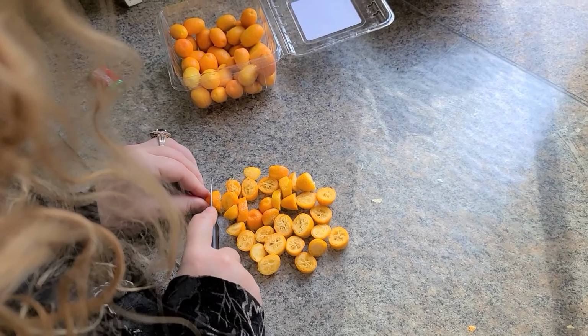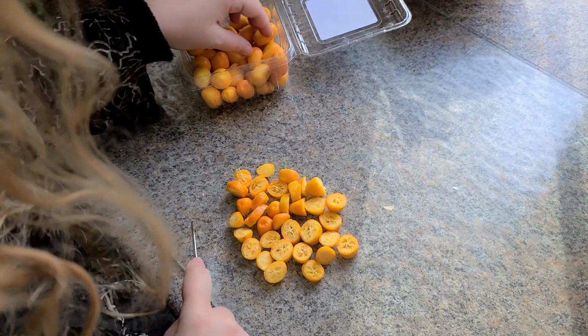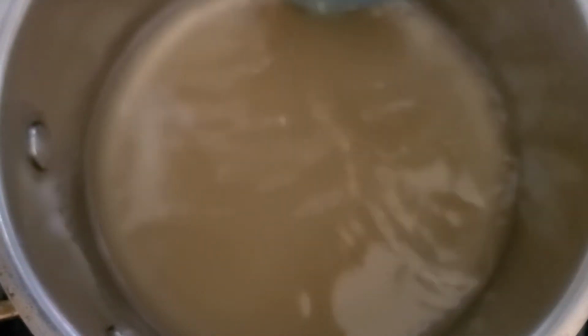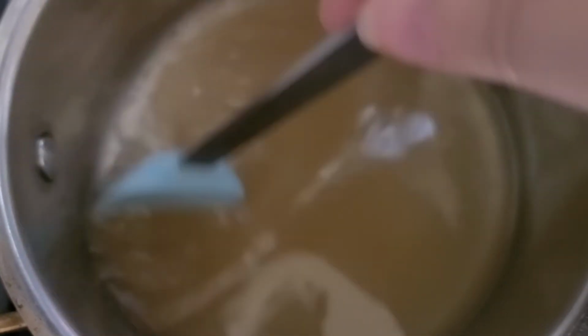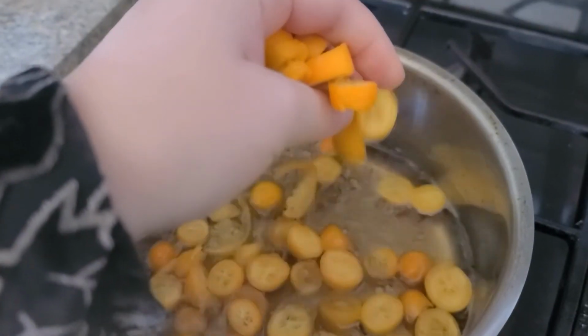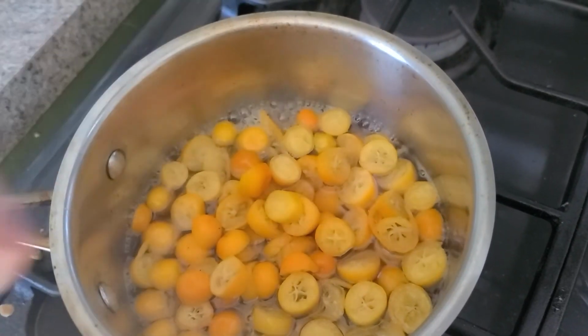To make the candied kumquats, first you slice the kumquats into rough chunks. Then dissolve equal parts sugar and water to make a simple syrup. I used 1 cup of sugar and 1 cup of water for 1 pint of kumquats. Once the sugar is all dissolved, add the kumquats